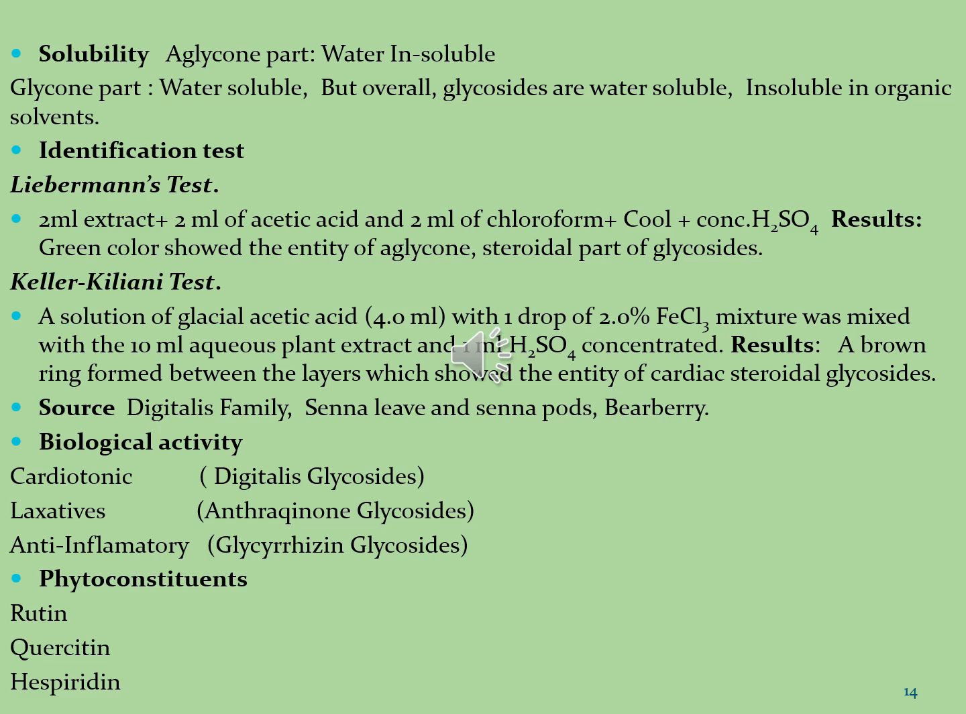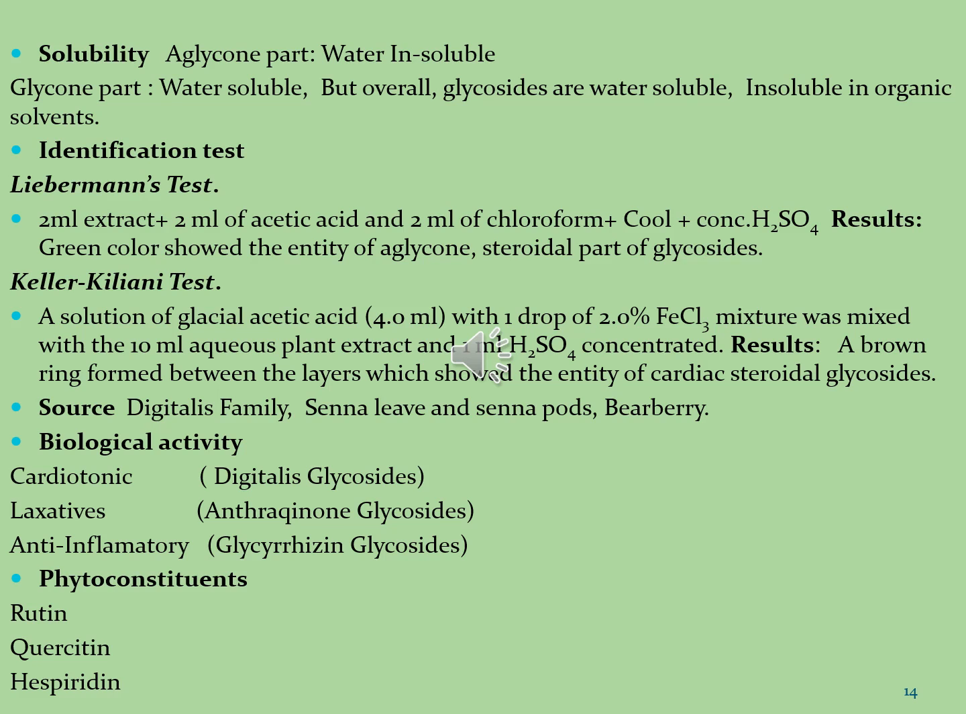The second test is the Keller-Kiliani test. In this test, a solution of 4 ml glacial acetic acid with 1 drop of 2% ferric chloride is mixed with 10 ml of aqueous plant extract, and 1 ml of concentrated sulfuric acid is added. In the result, a brown ring forms at the junction of the two layers, which indicates the presence of cardiac steroidal glycosides. When we look at the sources, glycosides are isolated from the Digitalis family, senna leaves and senna pods